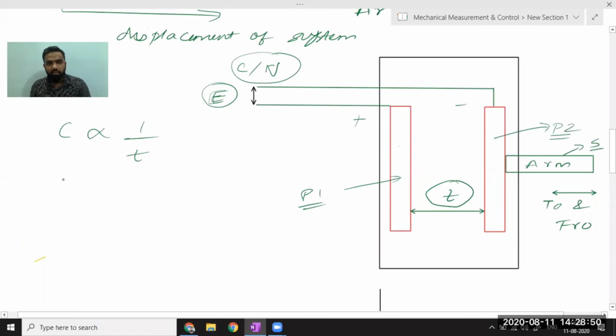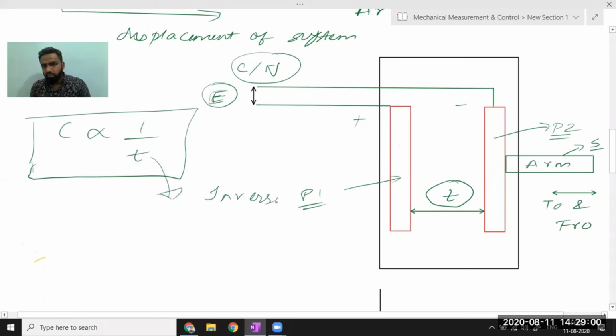Now I'm saying the distance between the plates is varied. This is not a linear relation. Just look at this: this is inversely proportional, right? This is something which is inversely proportional. So just look at what I'm trying to explain. If I try to plot,